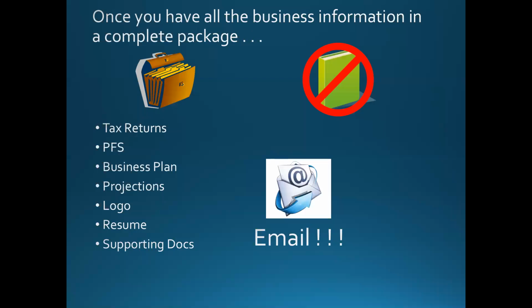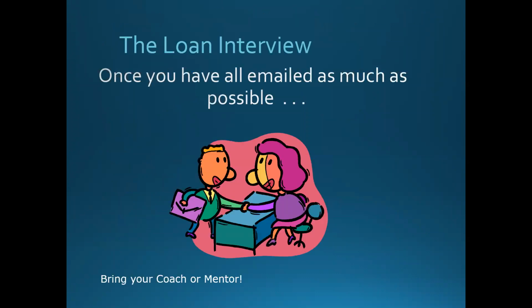Once you think you have everything together, we do have a secure server. We want you to email as much as possible. Let us kill the trees. We know what part of your tax returns we need. If we have your business plan and your projections, we can go through those with you and we can see the formulas. But once you've emailed everything and you've gotten the green light of yes, your package is complete,